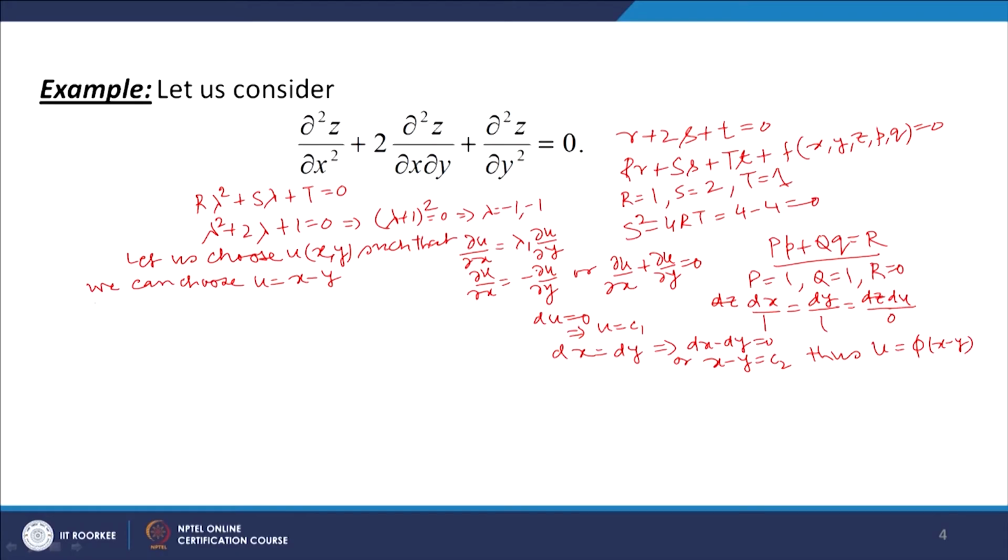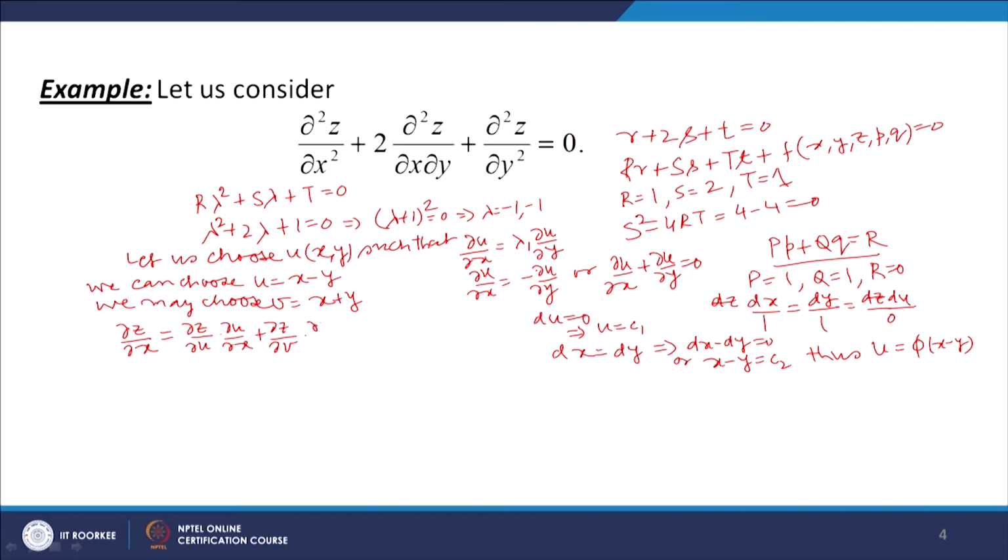So, we may choose v equal to x plus y, then v is independent of u. Now, let us reduce the given partial differential equation to the canonical form. We have to find the partial derivative of z with respect to x. So, this is partial derivative of z with respect to u into u_x plus partial derivative of z with respect